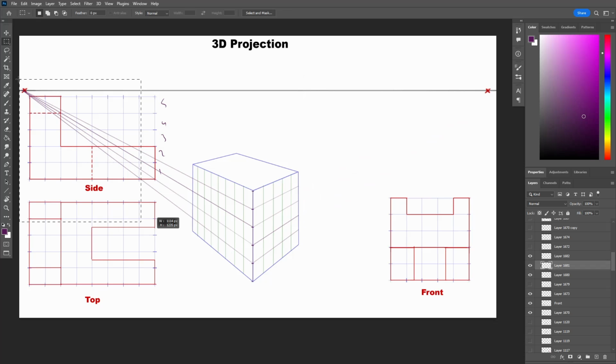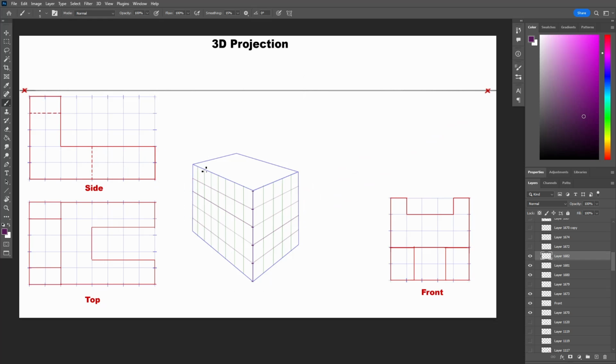With all that done, we can start projecting the side view on the side of the bounding box. We start with the L shape. Once I draw the L shape, I move on to the front view and the top view to check the depth of the L shape in perspective. Is it all the way to the back, or is there a space in between?